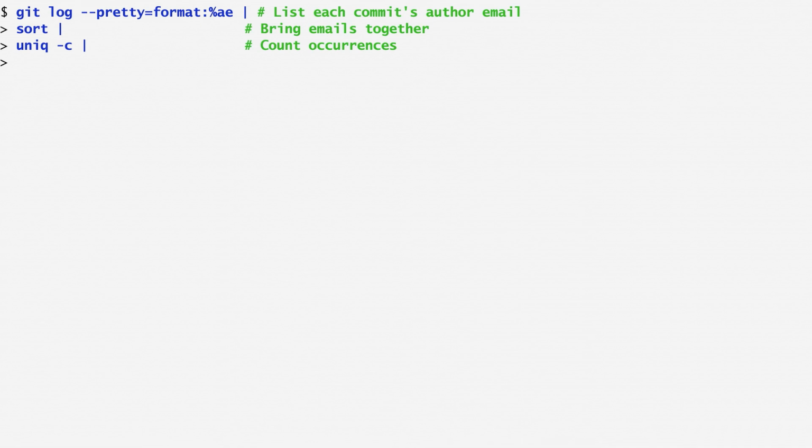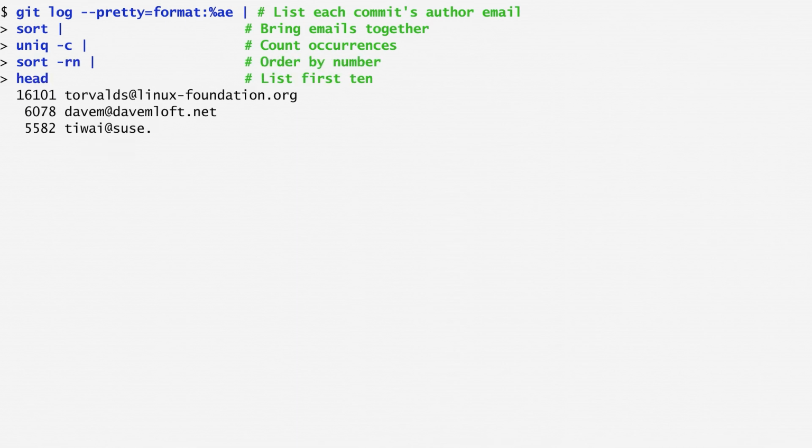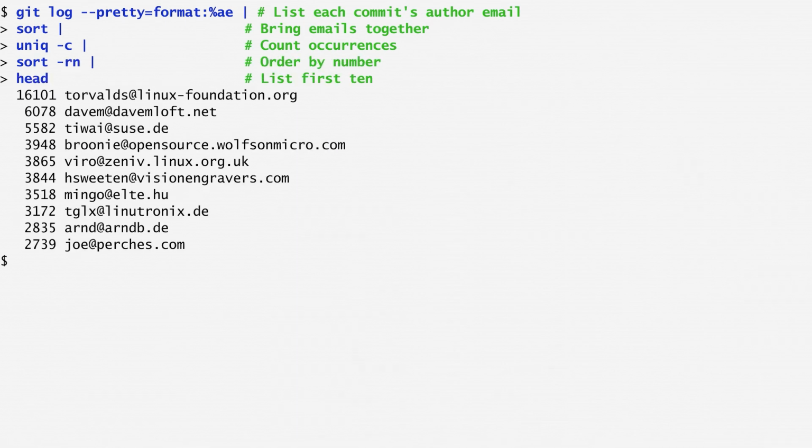These correspond to the number of commits an author has made. Then, I sort in reverse numerical order the frequencies of all authors, and I list the first 10 authors in number of commits. As expected, Linus Torvalds is in the first place. In the following places, we see other authors who have committed significant changes to the Linux kernel.